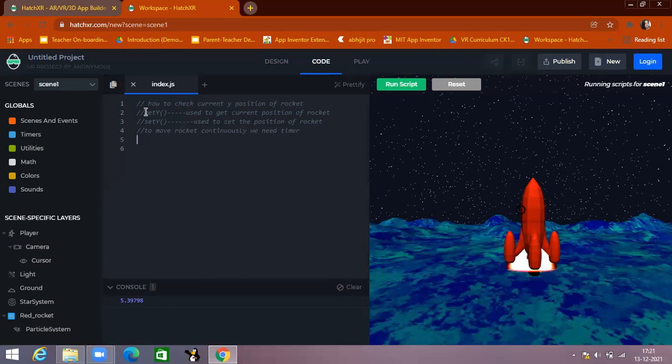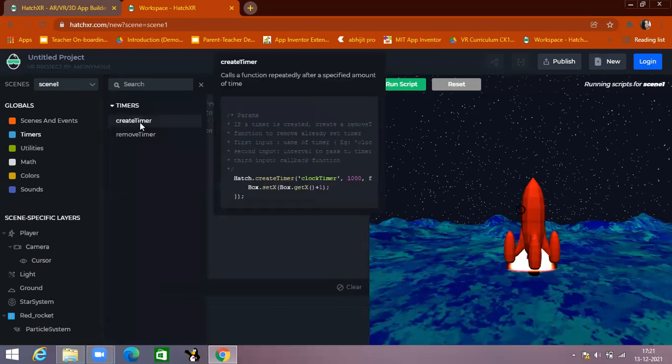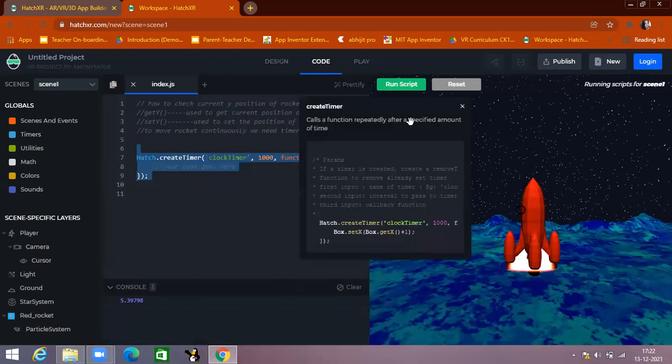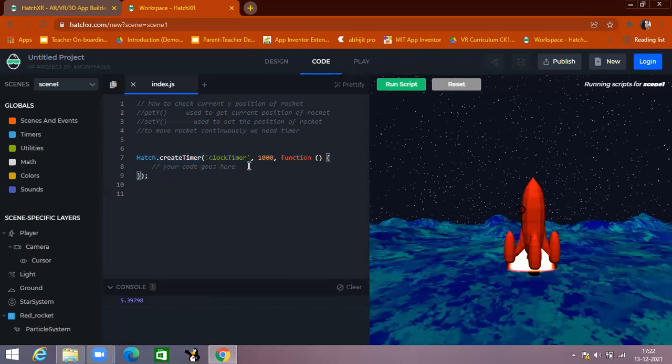So now here is the timer section. You have to click on the timer. This is the create timer. I'm just deleting this line. So hash dot create timer means I'm creating a timer. My timer name is clock timer, and I'm changing the name to rocket timer.